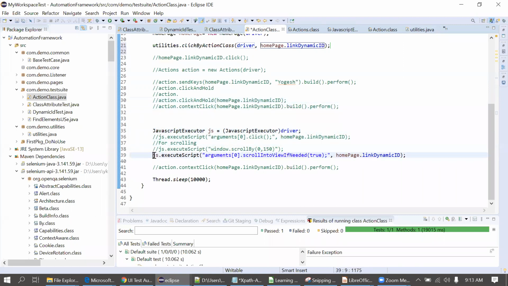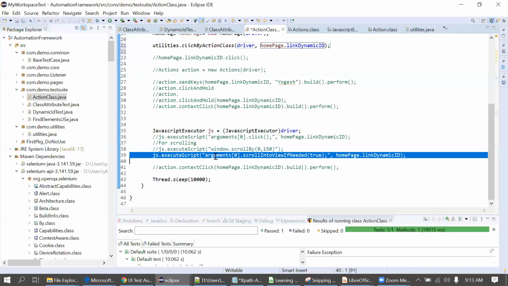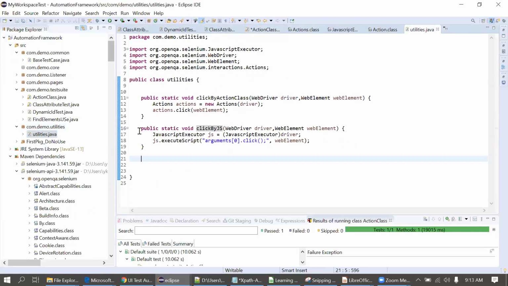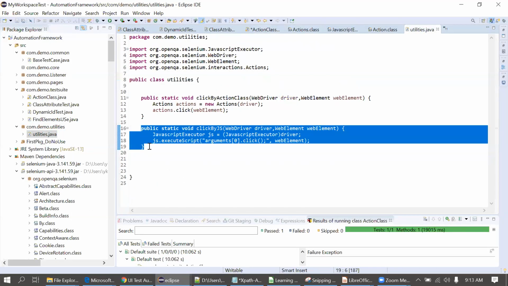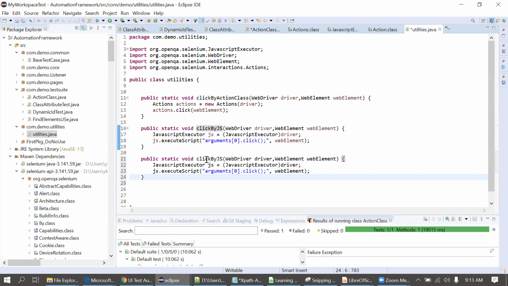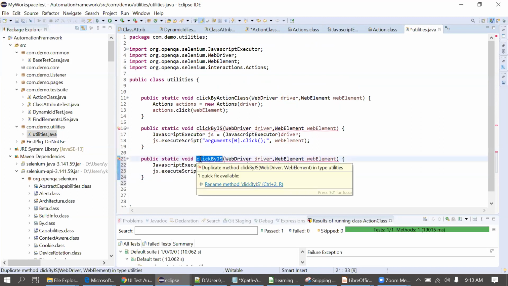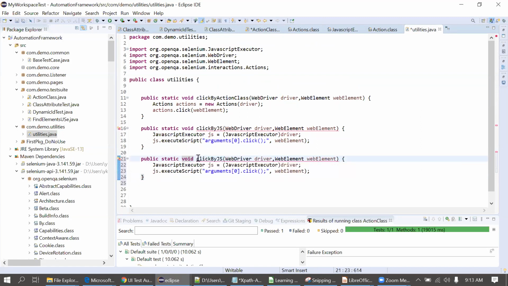So again, I'll create one method for this as well, to scroll into view. Simply, I'm just going here. We're just creating the method here. Scroll by JavaScript. Of course, it's JavaScript only, but I'll just mention scroll. Scroll in view by JavaScript. Okay, WebDriver. That's fine.